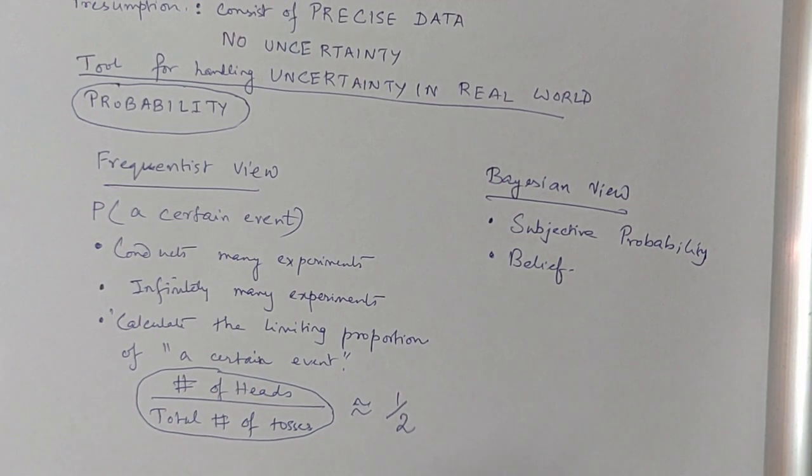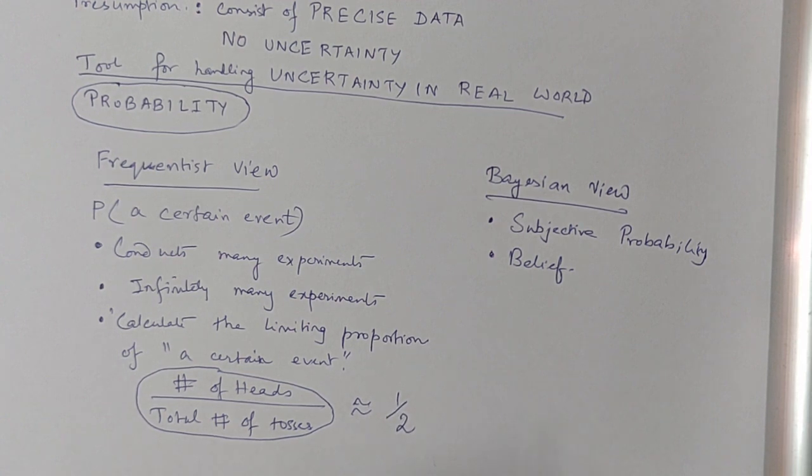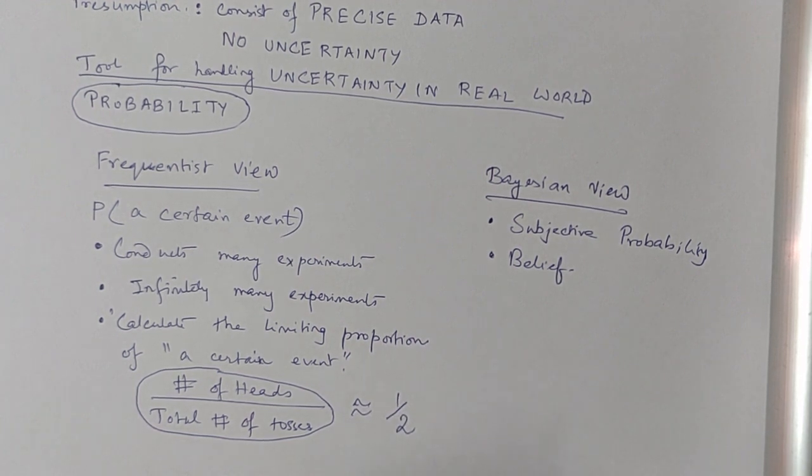What you can say is that my belief is that this time this party will win. So it is a very subjective number, a subjective metric attached to an event. So it's called subjective probability,